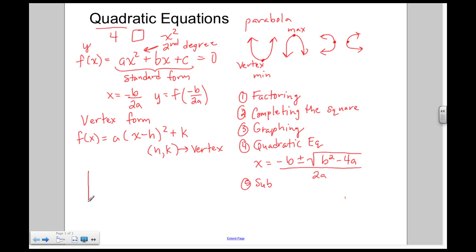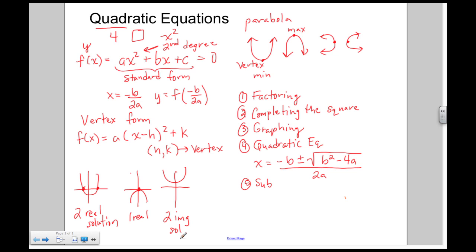Depending on how that parabola falls on the graph, if it touches or crosses the x-axis in two places, you're going to have two real solutions. If the parabola touches the x-axis in only one location, let's draw one going down to show it doesn't have to always be open up. If one opens down, it has one real solution. And if it does not touch the x-axis at all, that has two imaginary solutions.